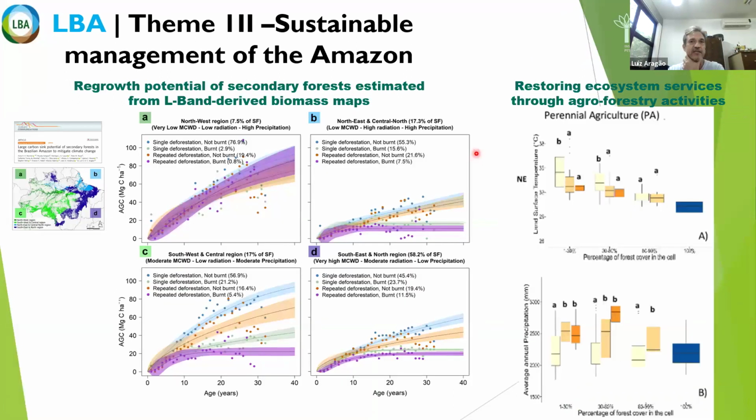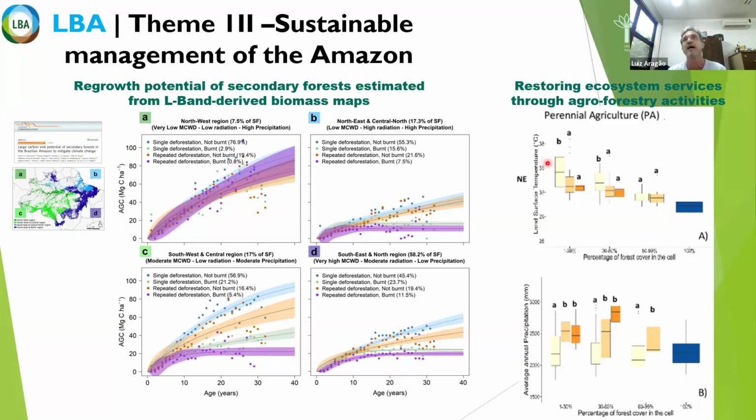And then the last slide, we have now used remote sensing to produce, for example, growth curves for forests that are growing over lands that have been deforested, so we can inform policymakers what are the areas where you can better grow forests for restoration, or what are the types of impacts that can affect the growth of these forests across the Amazon. And the last slide here is just a master thesis that was defended very, very recently, that shows that with intervention with agroforestry, you can recover ecosystem services.